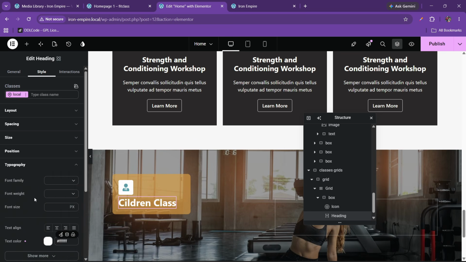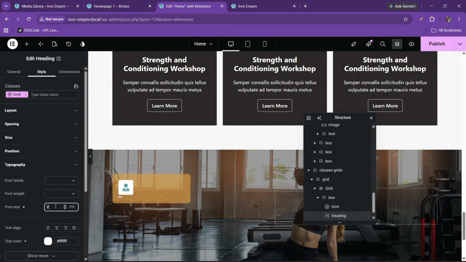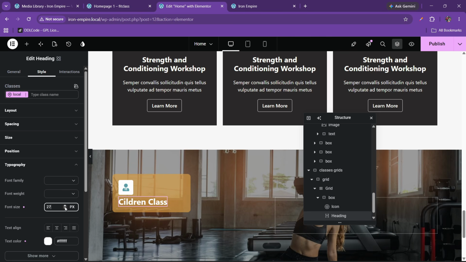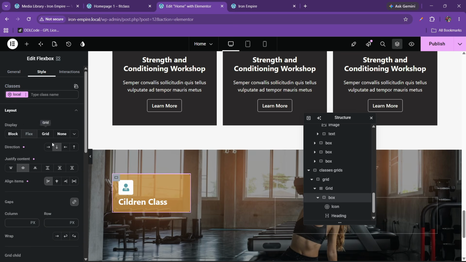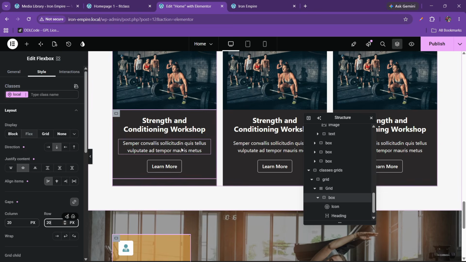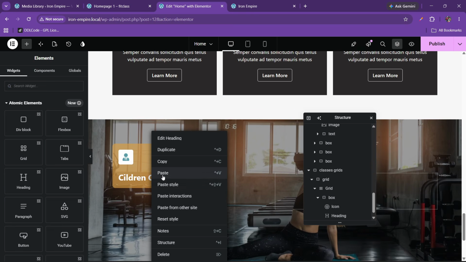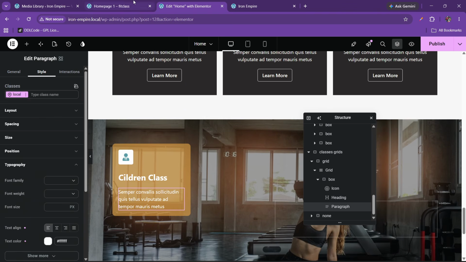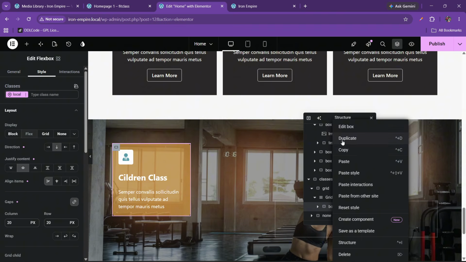Okay, and this is the white, and this would be 15, 25. Okay, we can make this 400. Okay, let's click on this box, go to layout, and here we can just put like 20. We can use this thing here. Okay, and here also we can make this like typography, and this will be white. Okay, like this. Now what we can do, we can just use this duplicate,